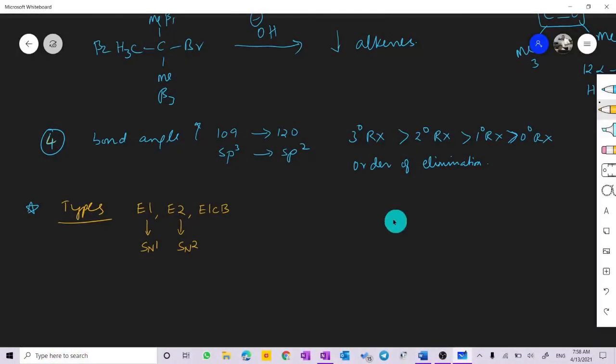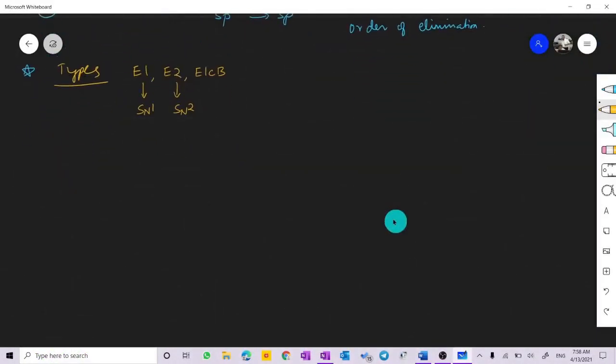First we will see what is E1 reaction, E1 elimination. So E1 elimination, as I told you, is similar to SN1. Therefore, that means it takes place in two steps. The first step is the formation of the carbocation from the alkyl halide. This will be the slowest step, and therefore that will be the rate determining step, the formation of the